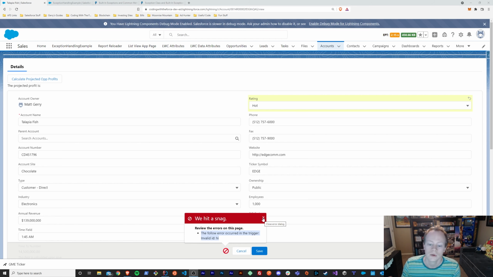So if I always, no matter what happened, wanted to update the phone, then I could update the phone. And if I wanted this to happen even after the catch occurred, if I needed to make sure that happened, this would happen immediately after the catch was handled too,